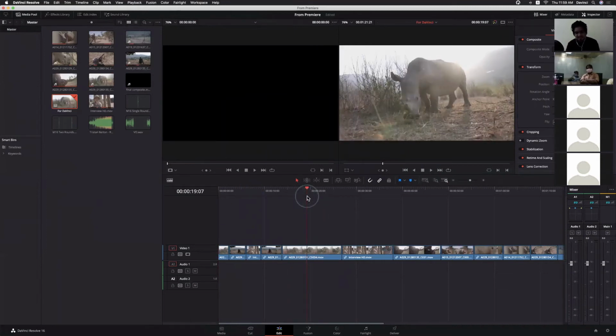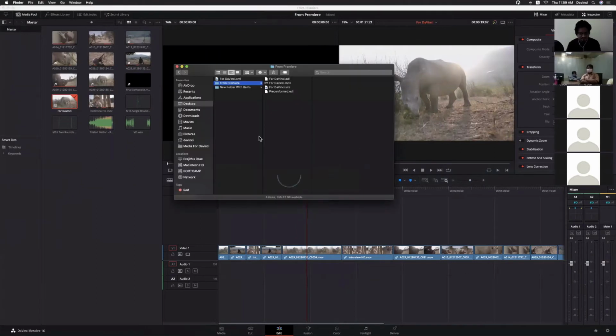Anyway, I don't have Premiere installed on my machine, so I took a screenshot from my other machine, from my MacBook Pro. That screenshot is in downloads.